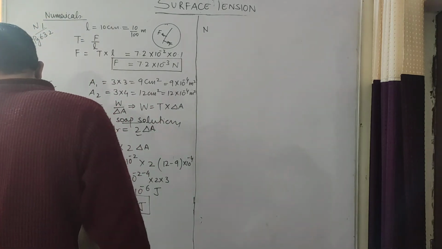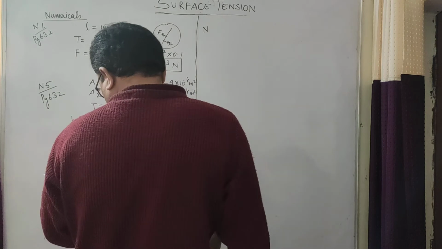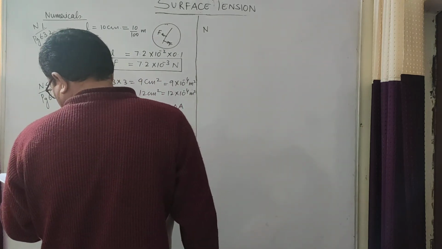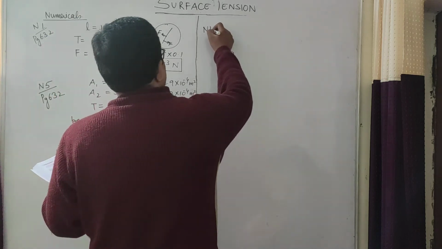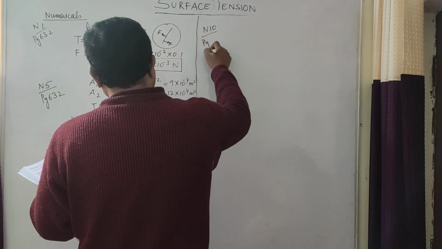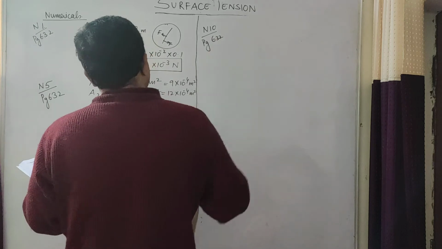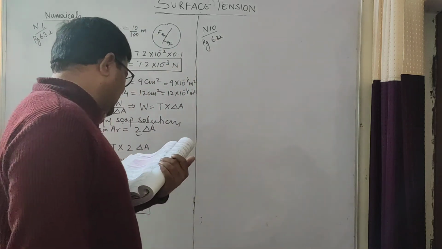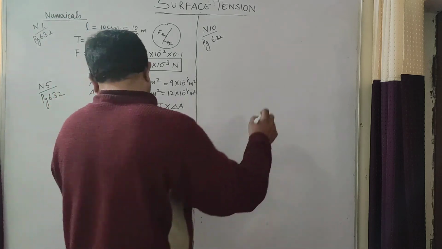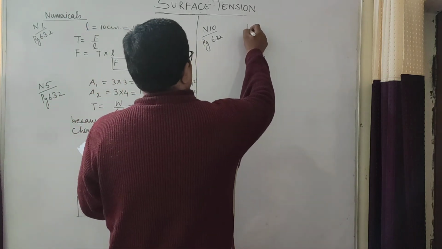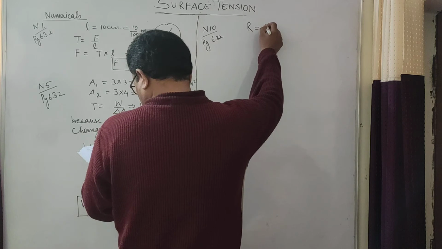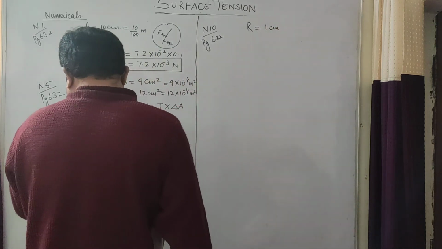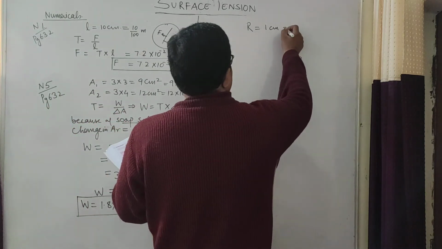All the numericals are formula based. Numerical number 10 on page 632. A water drop of radius 1 centimeter, which is 0.01 meter,